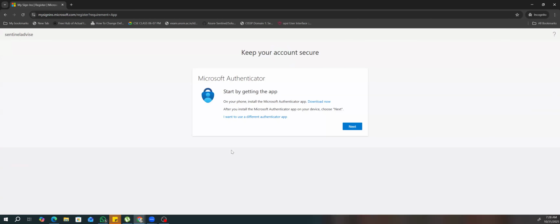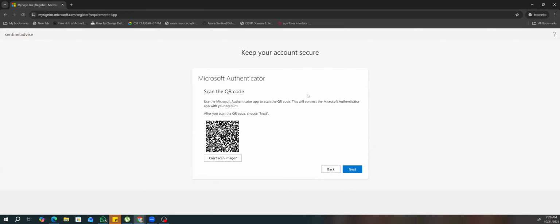If you have it, you just click on download. It will get downloaded. Go next. It will give you a setup account option. Go next, and it will share a QR code. So once you open this authenticator app,